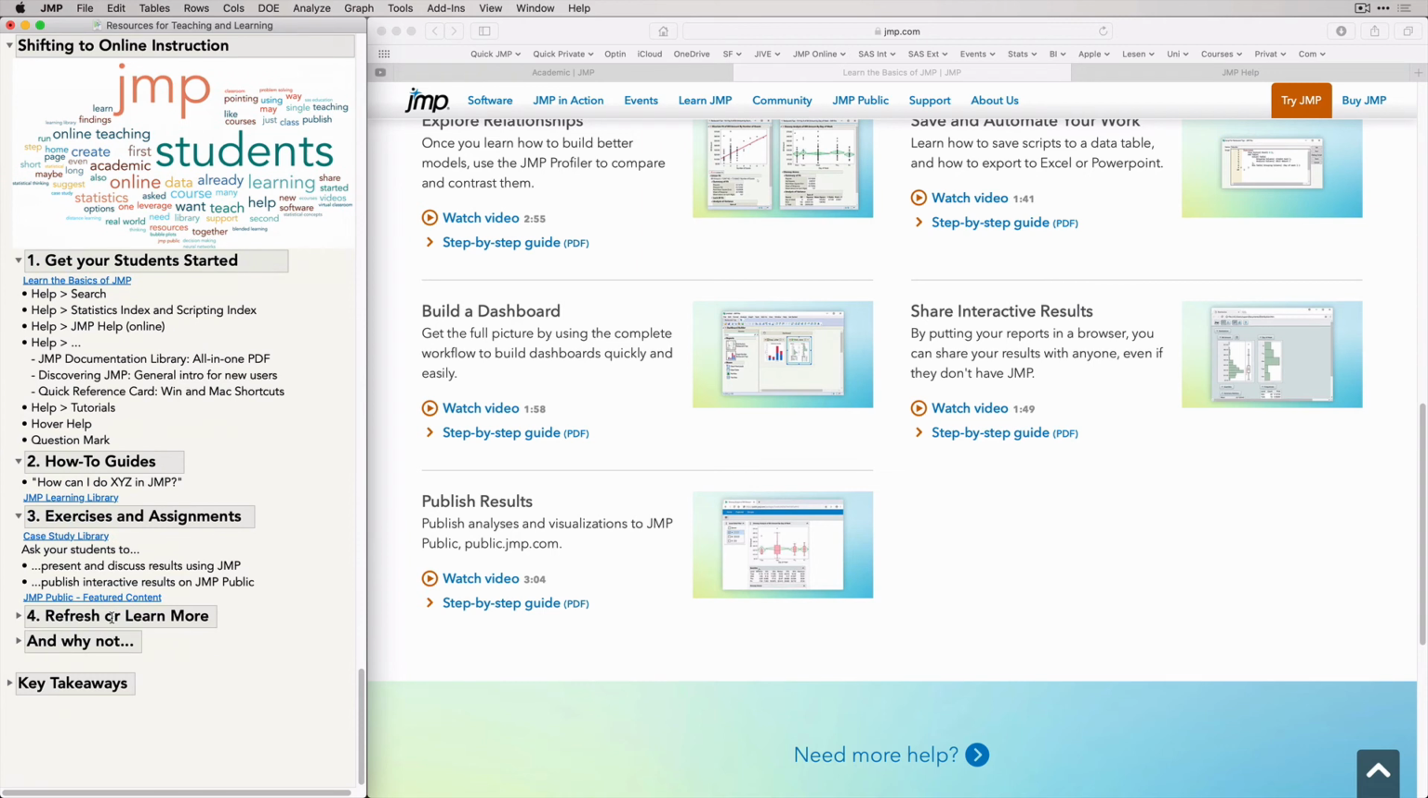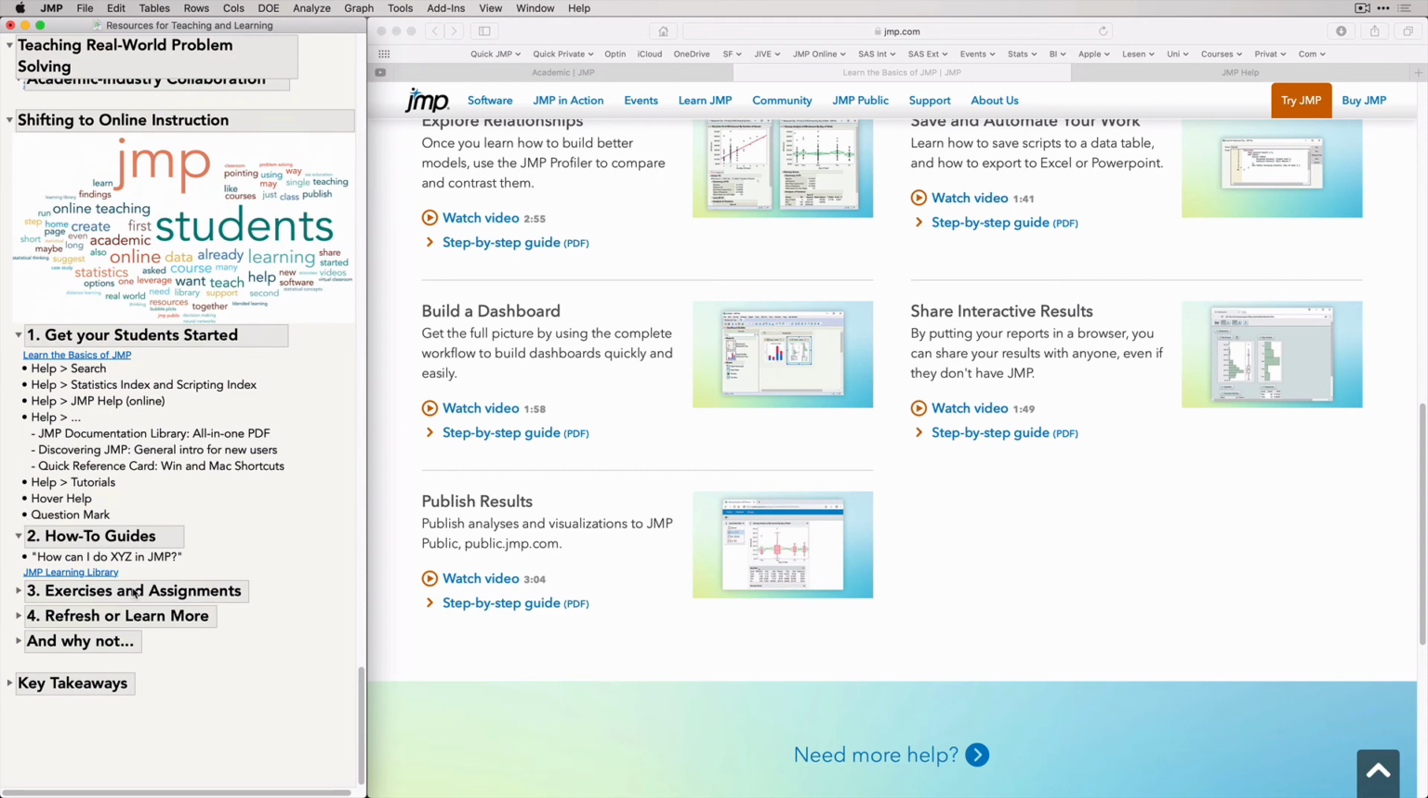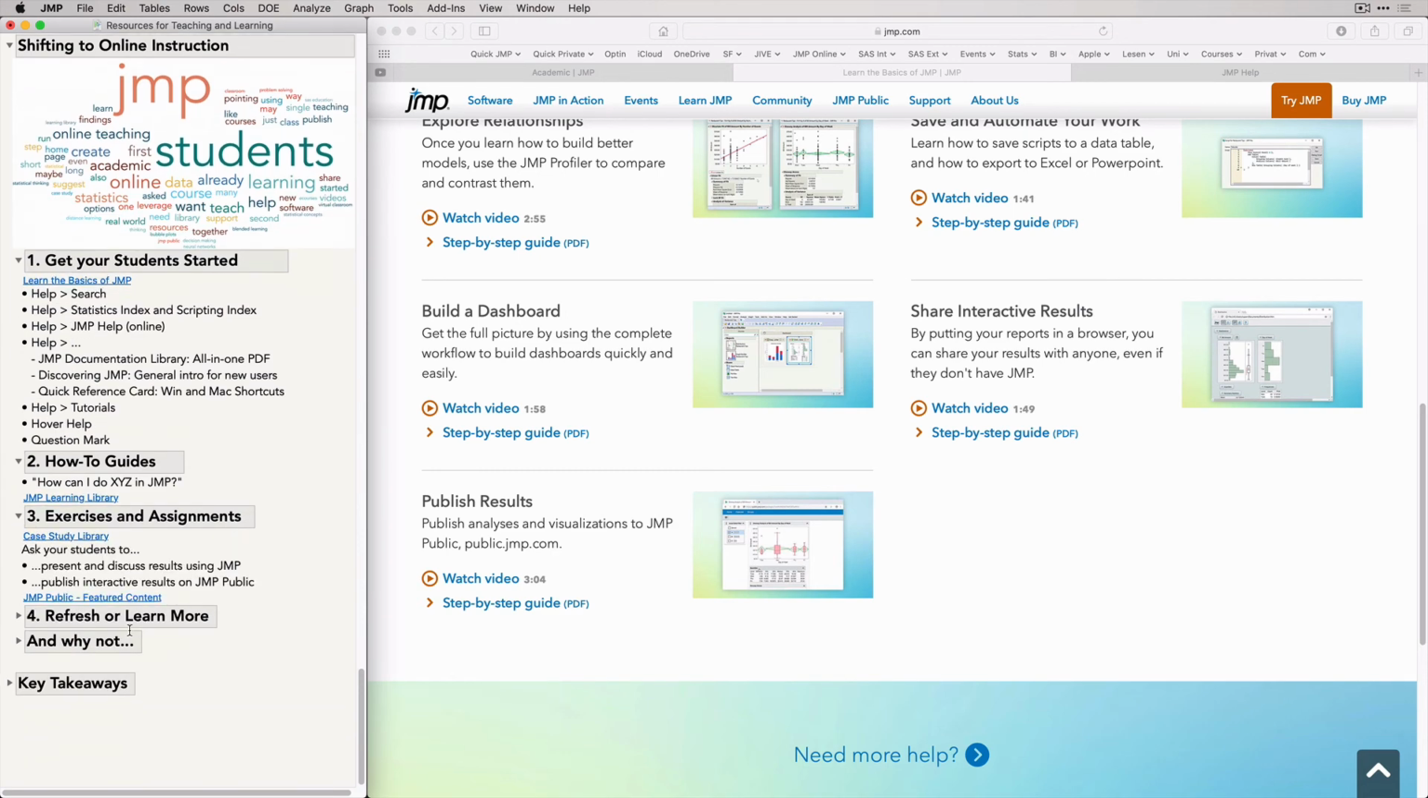Third, what about exercises, assignments, and practical work? Here I would point the students to the case study library or provide some select cases and ask them to solve the tasks and come up with an interesting solution. It would be maybe most interesting for all if the students present their solutions and discuss them